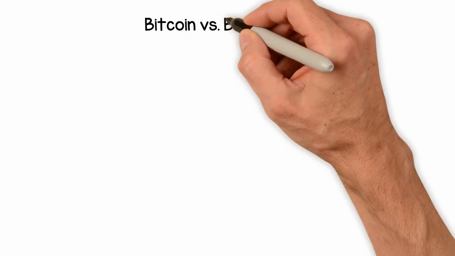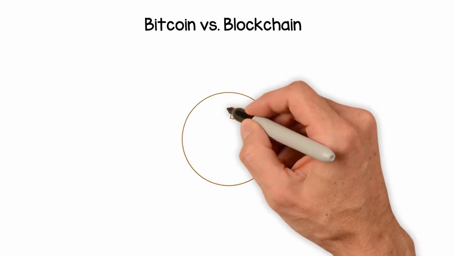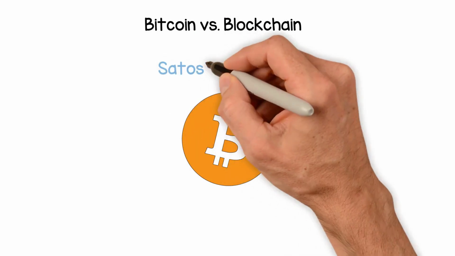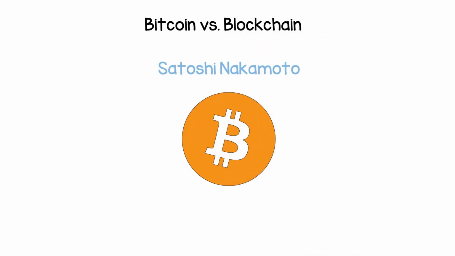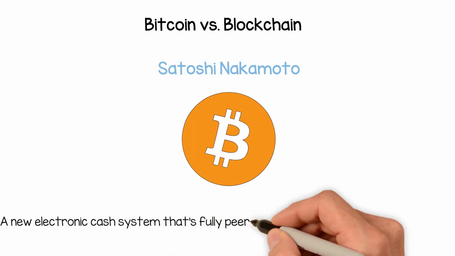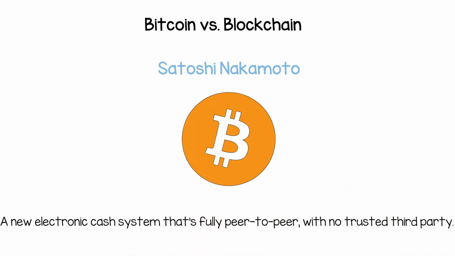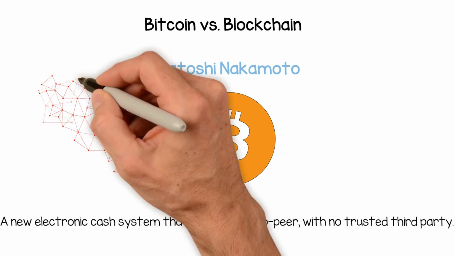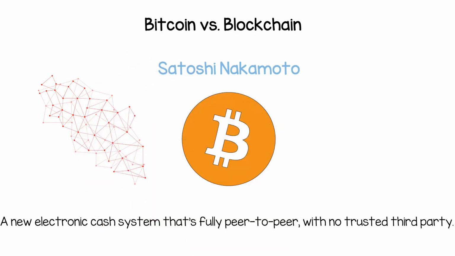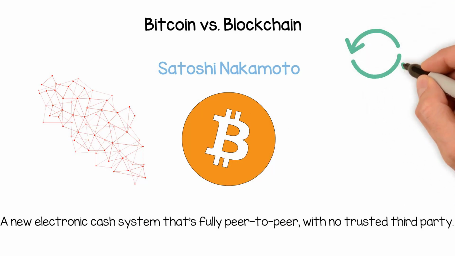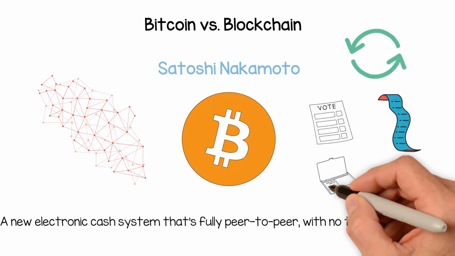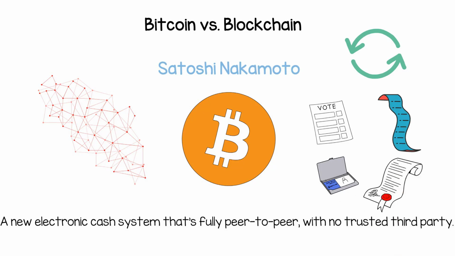Bitcoin versus blockchain. The Bitcoin protocol is built on a blockchain. In a research paper introducing the digital currency, Bitcoin's pseudonymous creator, Satoshi Nakamoto, referred to it as a new electronic cash system that's fully peer-to-peer, with no trusted third party. The key thing to understand here is that Bitcoin merely uses blockchain as a means to transparently record a ledger of payments, but blockchain can, in theory, be used to immutably record any number of data points. As discussed above, this could be in the form of transactions, votes in an election, product inventories, state identifications, deeds to homes, and much more.